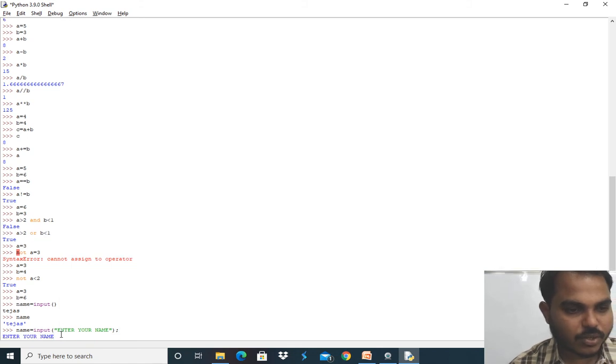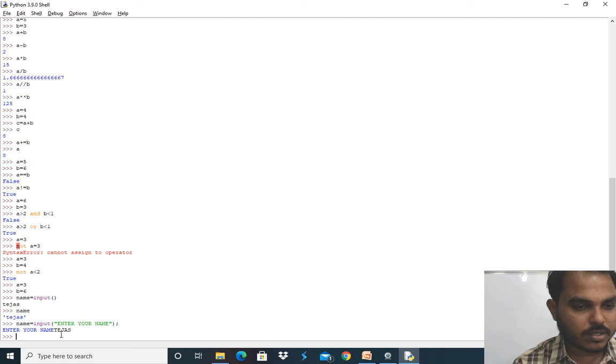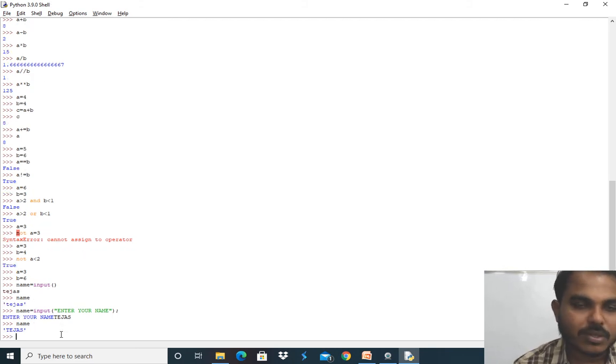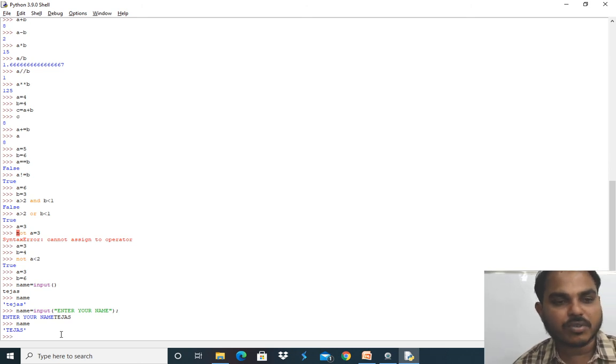So enter your name, and I'll give Tejas again. Name is the variable name, so Tejas, right? It makes the user identify that it is asking something. Enter your name means I have to enter my name. Enter your age, if I change it, means I have to enter my age. So according to your convenience you can make it by using input, right?